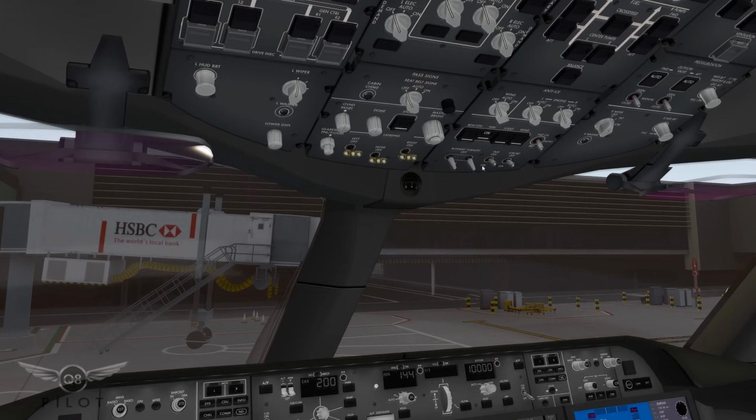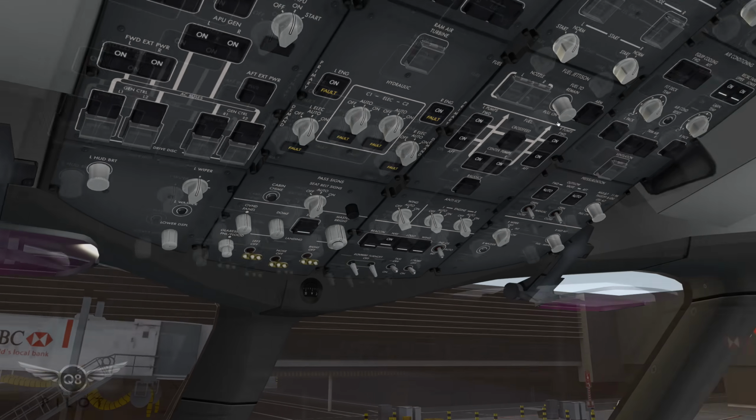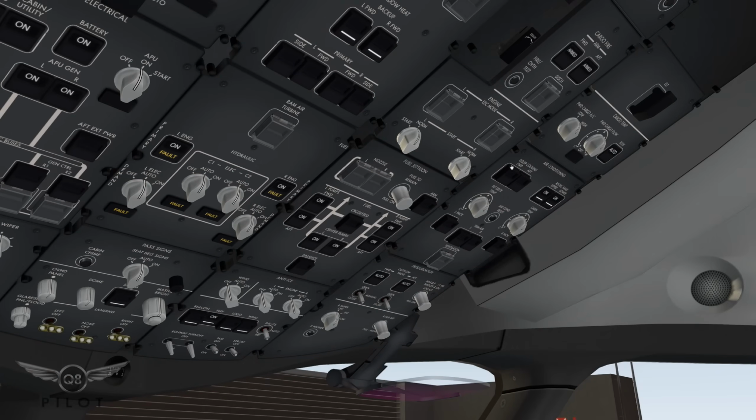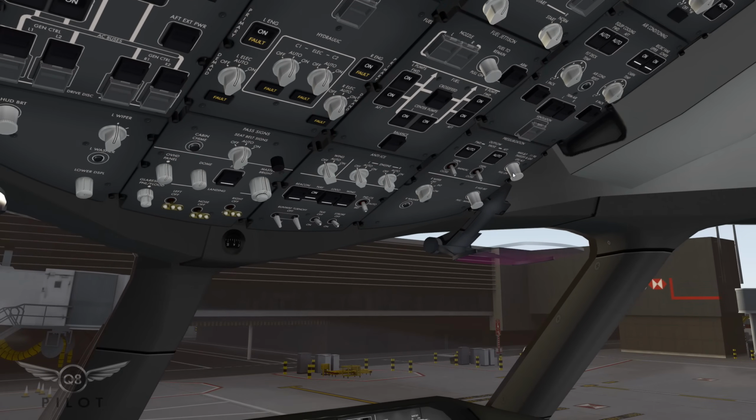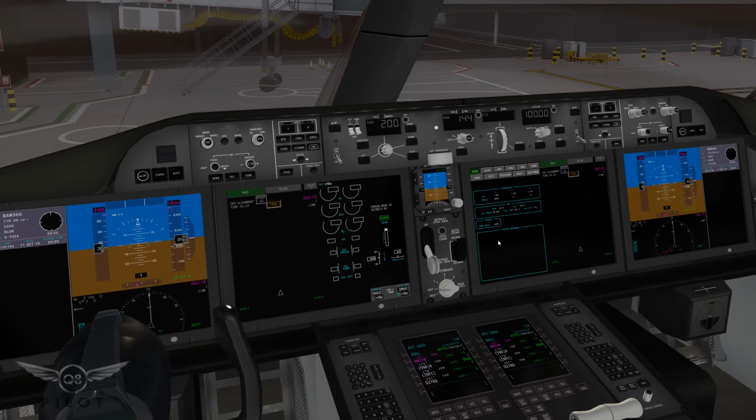So we're going to turn on the nav lights. Let's turn on our hydraulics as well. Here, passenger signs to auto. I'm going to turn on the fuel pumps. Doesn't really matter following a specific checklist because we're just really reviewing the aircraft. So yeah, everything looks fine here, and we're going to wait for